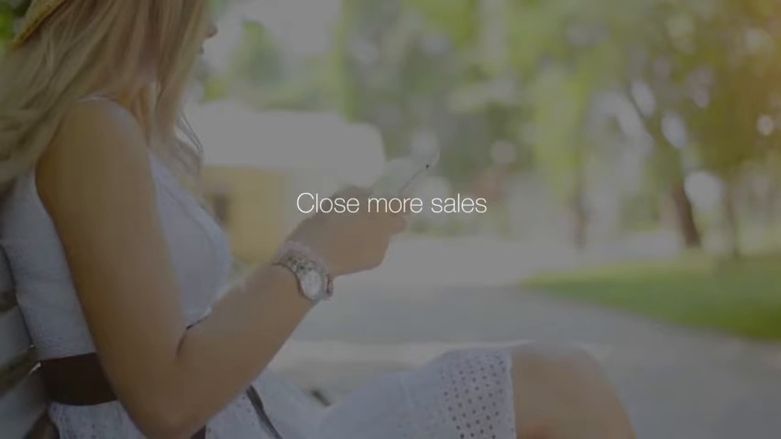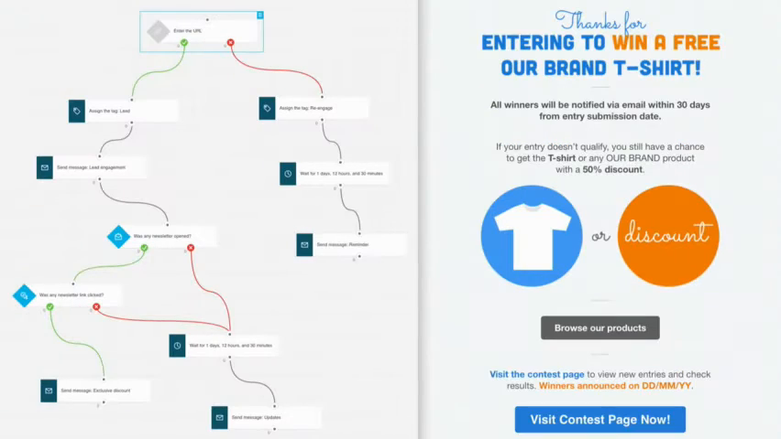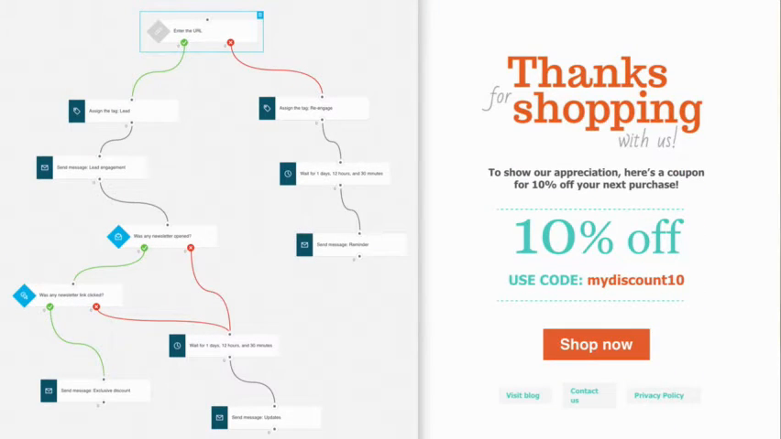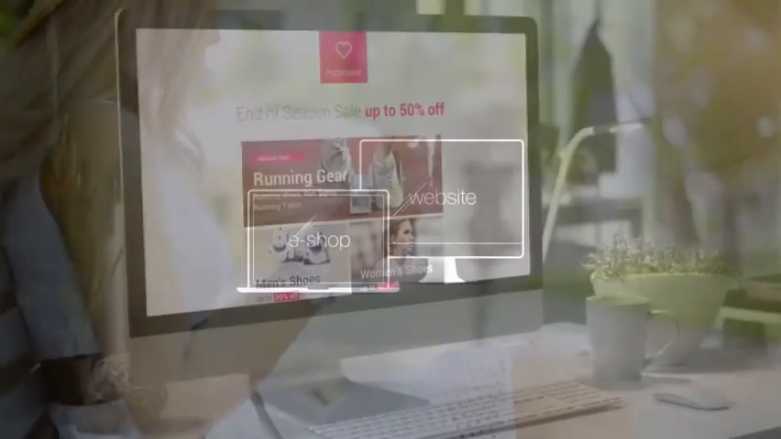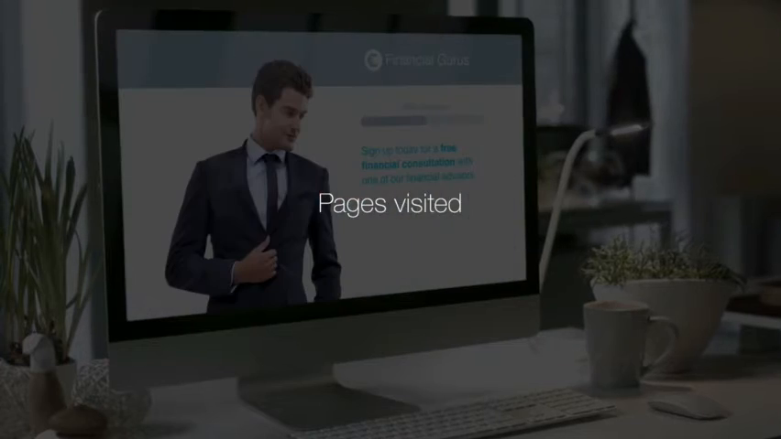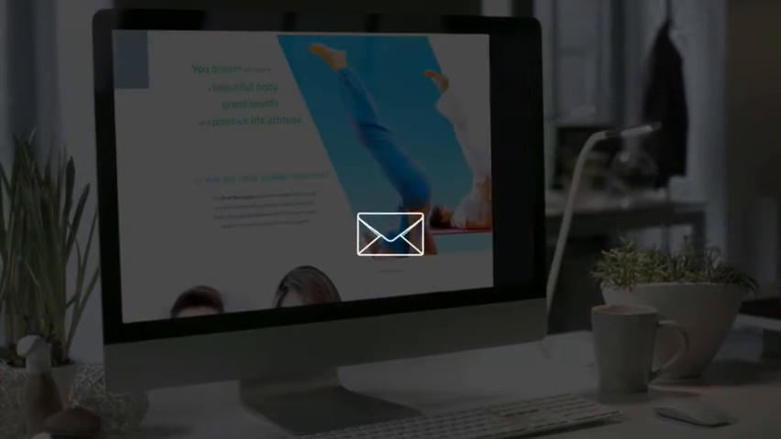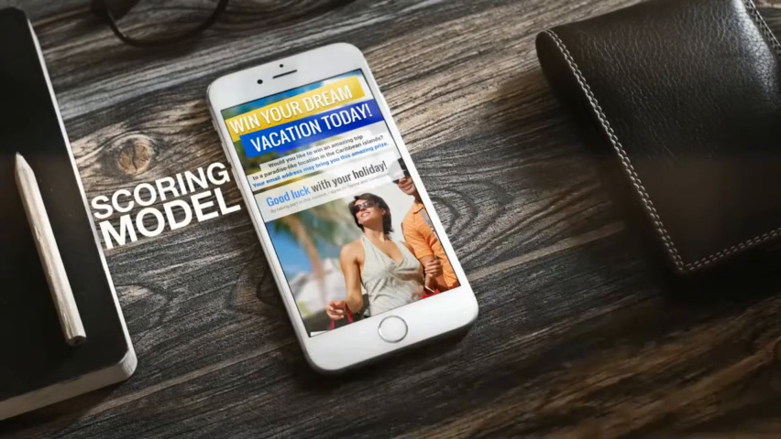Close more sales and get more engaged leads with website traffic tracking. Convert casual visitors, engage regular customers, track and analyze behavior on your website or eShop. Understand and monetize your subscribers' interests based on the pages they visit, products they purchase, and target them with the following offer. And if you're looking for a way to track and rate interactions, the scoring model will allow you